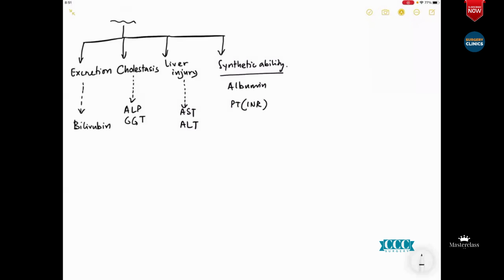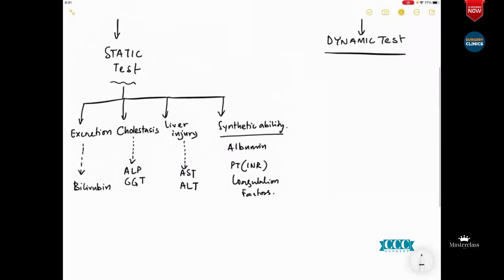And definitely, as the logic says, if you add the word coagulation factors, adding the term coagulation factors would have been a better word. So remember that these are technically called static tests. That means you draw a sample of blood and send it to the lab, and the lab technician reports this to you. And this is what, as a clinician, we believe, and we do it more or less every day.